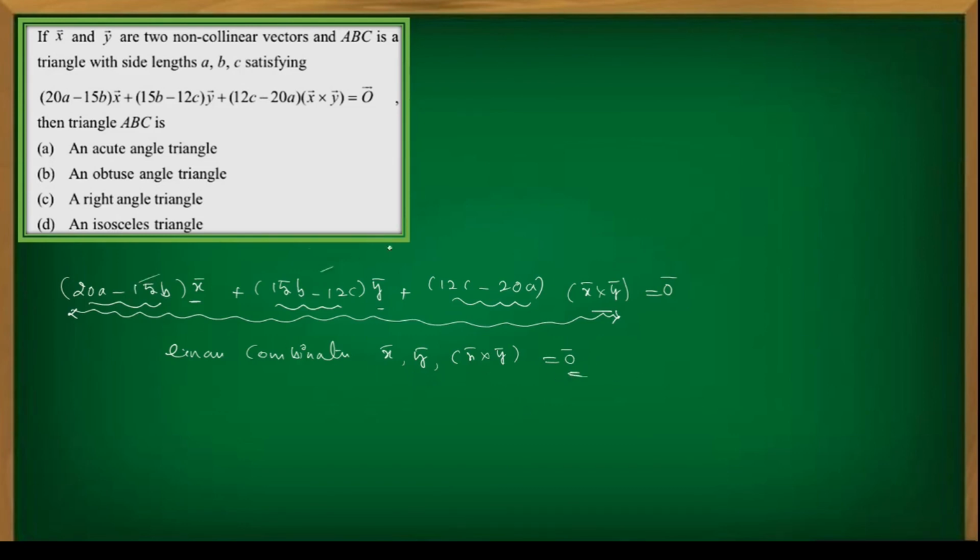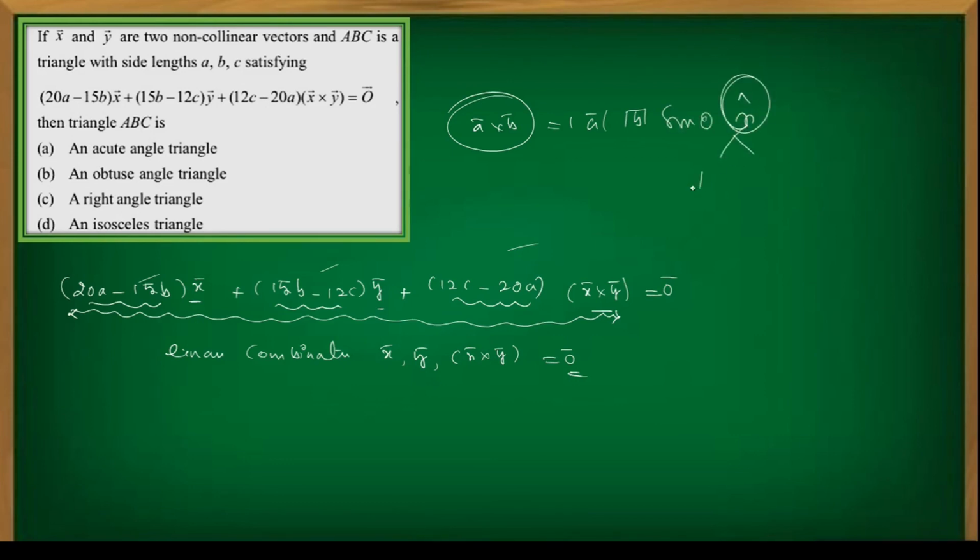And what about the scalars? Now you have to think about the scalars, because you are asking question about the triangle. So triangle lengths, if you know properly the relation between them, you can decide whether it is acute or obtuse or right angular isosceles. Now tell me, what is the significance about these three vectors? Just now I told you that a bar cross b bar is mod a bar mod b bar sin theta into n cap. But what is n cap?